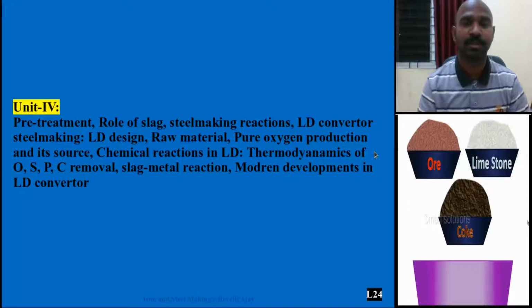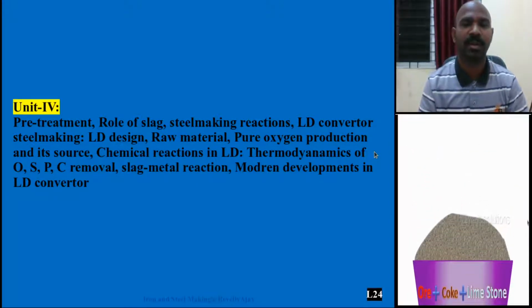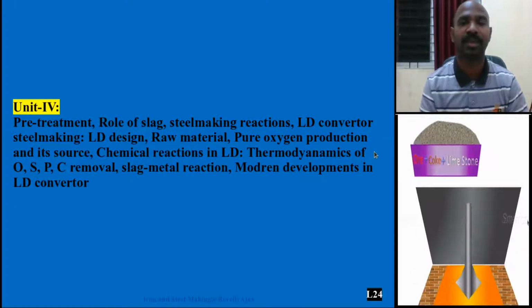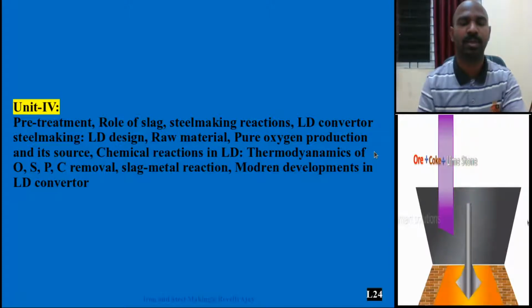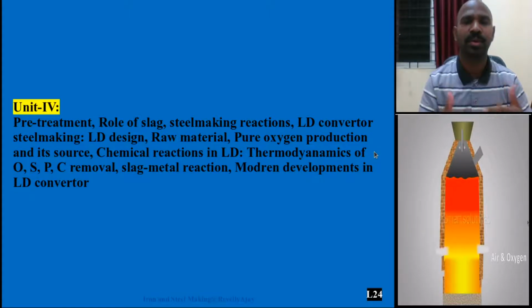Welcome to lecture 24, unit 4. We are going to discuss pre-treatment of steel, the role of slag, and steel making reactions, physical and chemical. What is the steel produced by LD converter? How do you produce it? What are the LD converter steel making design parameters, dimensions, and what are the raw materials